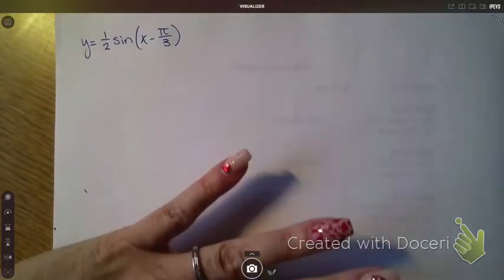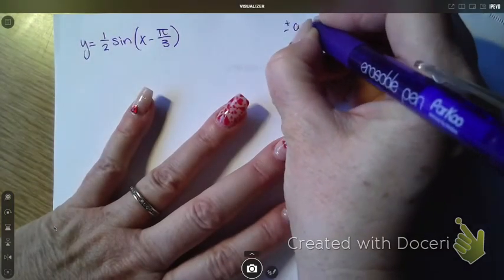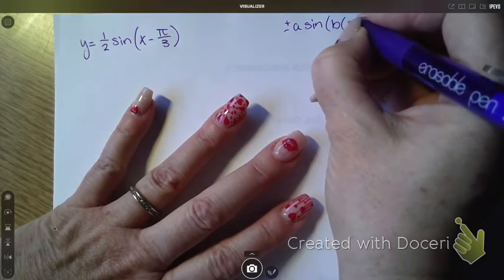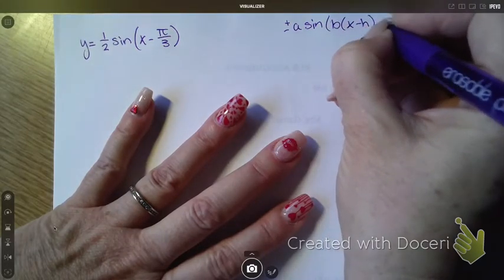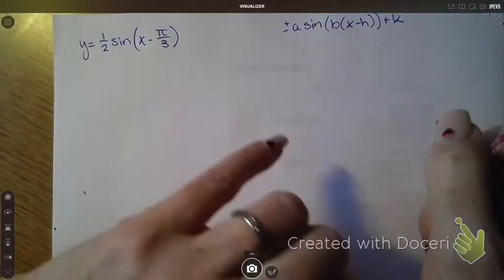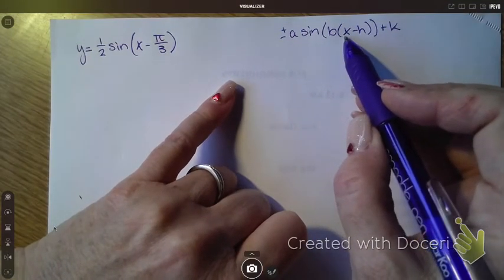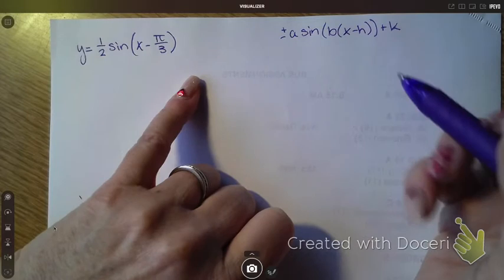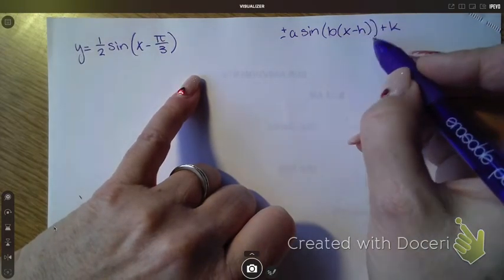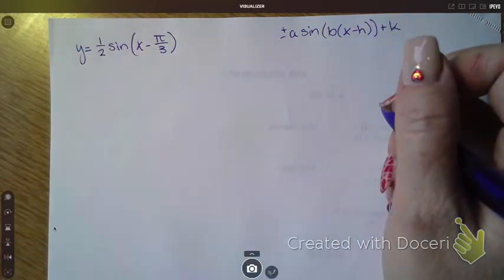So we need to just remember our format was plus or minus a sine of b times x minus h plus k, right? Okay, so if b is 1, we're not going to factor it out because it's not going to change anything, is it? No. Okay, if it's not 1, we're going to have to factor it out so we can get our h and our k and we can do all this fun stuff to it. So what we need to do